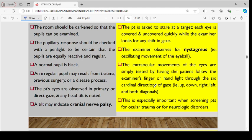Each eye is covered and uncovered quickly while the examiner looks for any shift in gaze. The examiner observes for nystagmus. Nystagmus is oscillating movement of the eye. The extraocular movements of the eye are simply tested by having the patient follow the examiner's finger or hand light